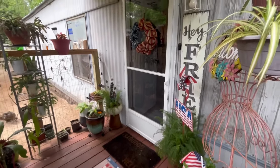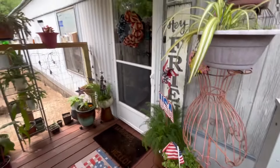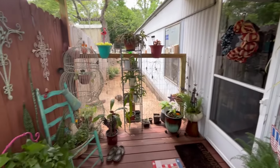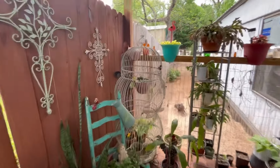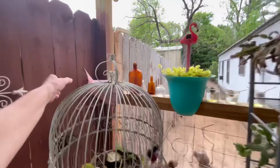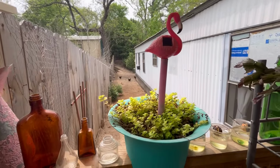Okay, guys, the porch reveal. Some of y'all can go back and look at the old videos. I still don't have everything done, and I see the wind has blown this over. I still have to paint